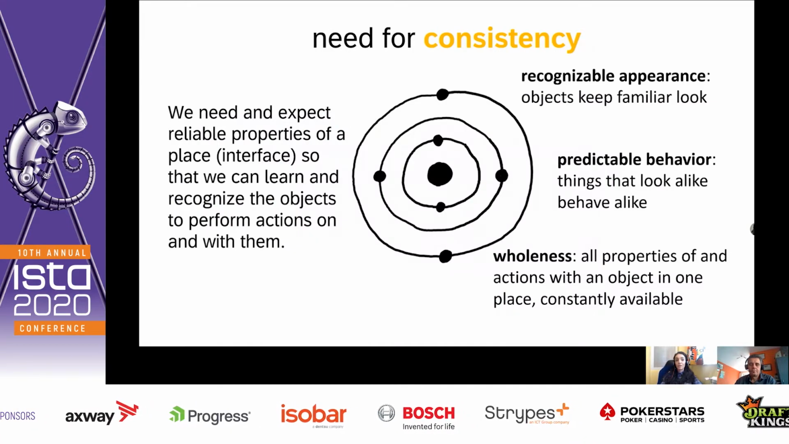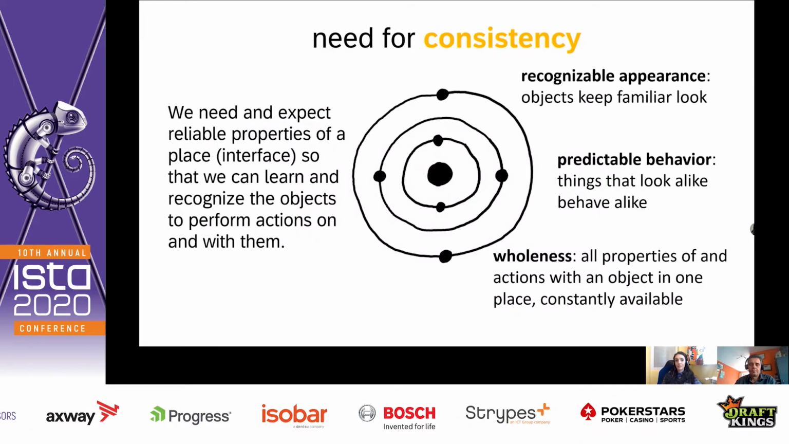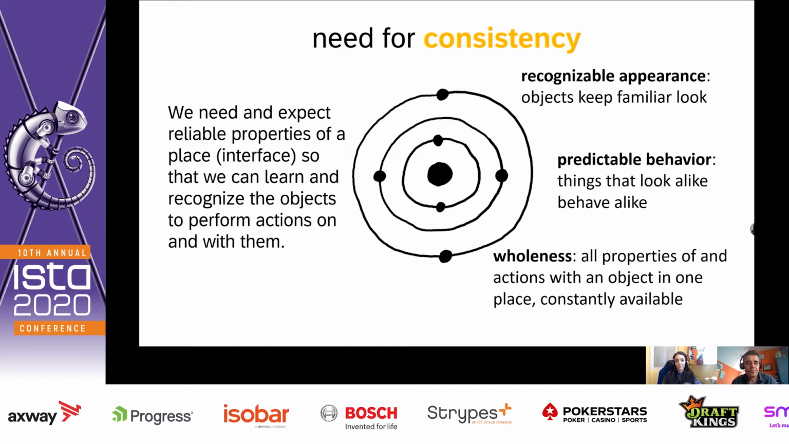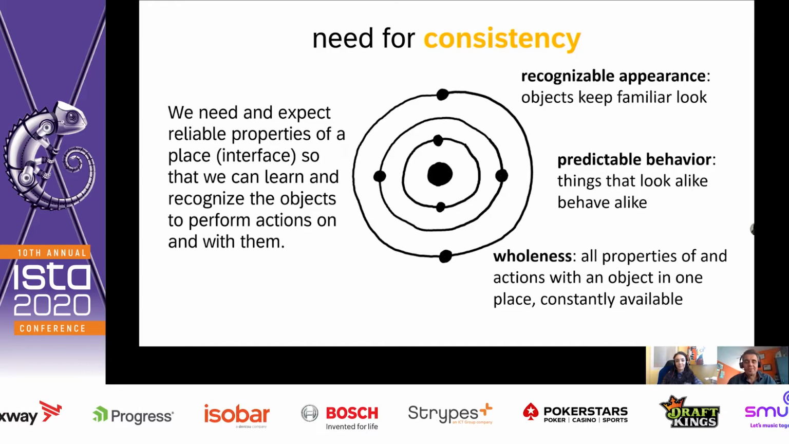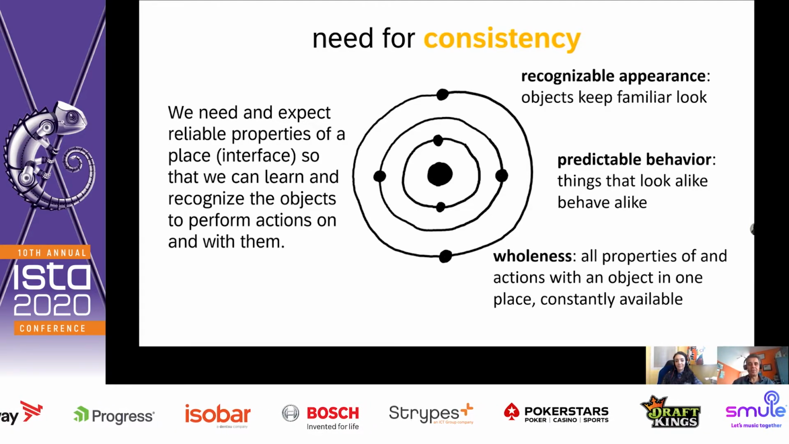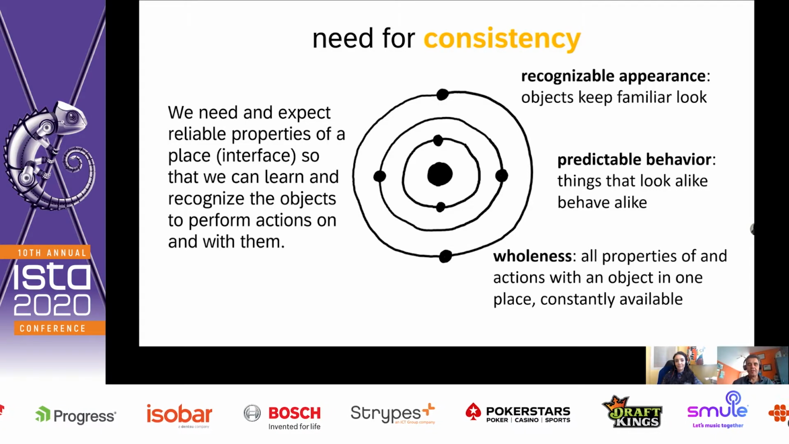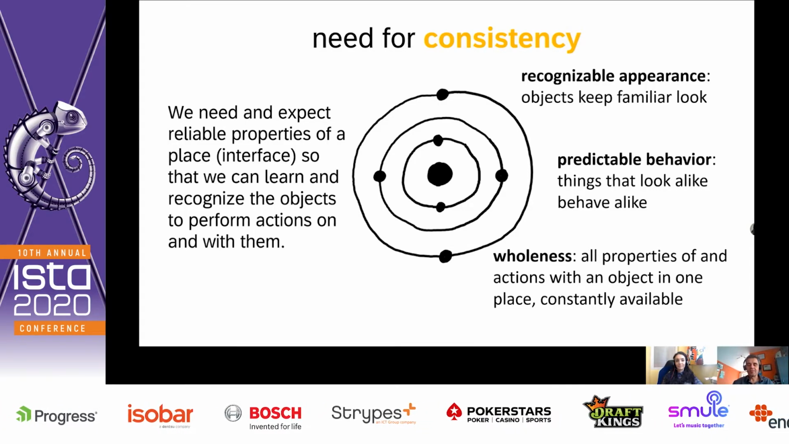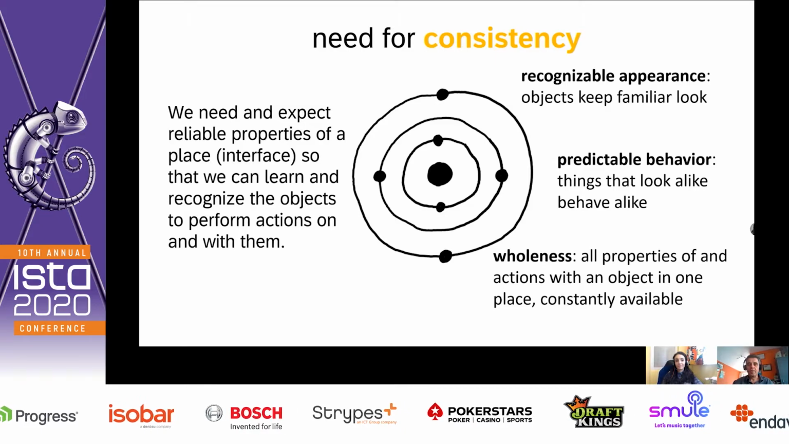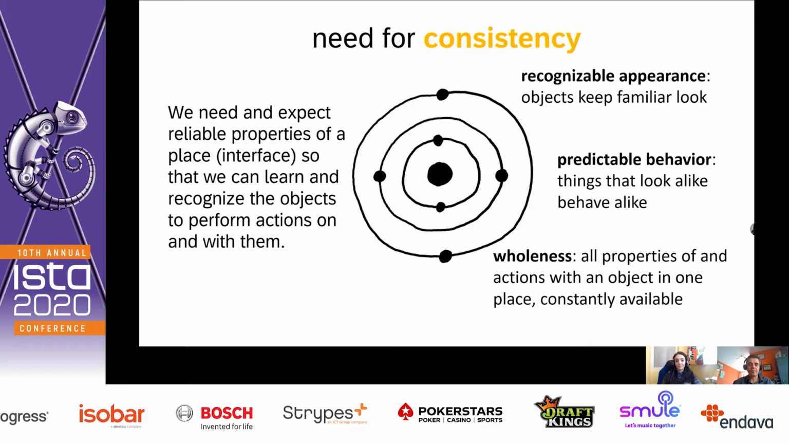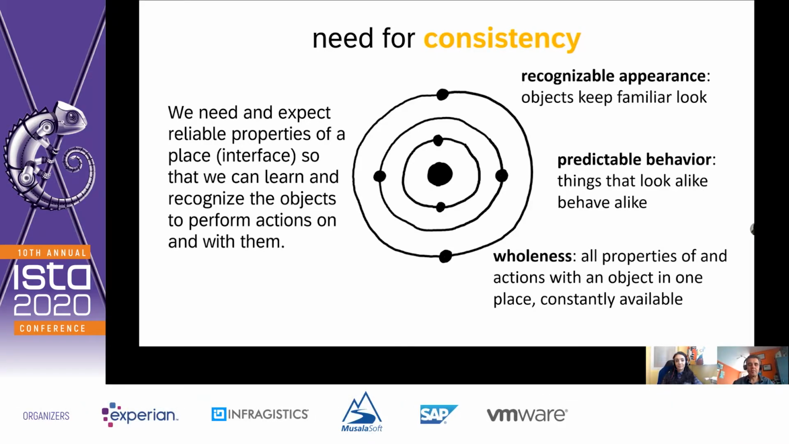And now here comes the need for consistency that Jimmy would walk you through. Yes, thank you. We saw how we have this need for recognizing the things. And after we can recognize the things and know what to do with them, we expect that these objects would have certain properties and behavior that we can rely on. Therefore, the need for consistency is a